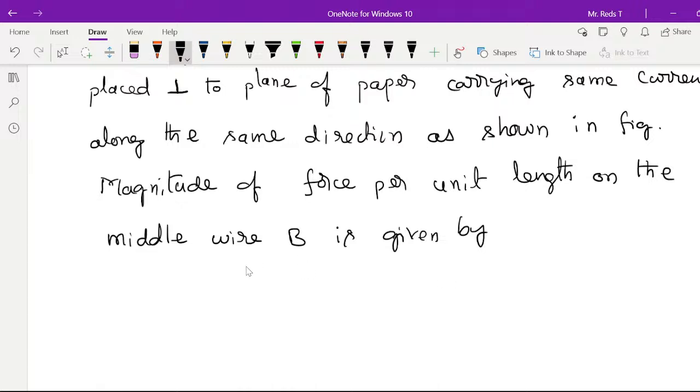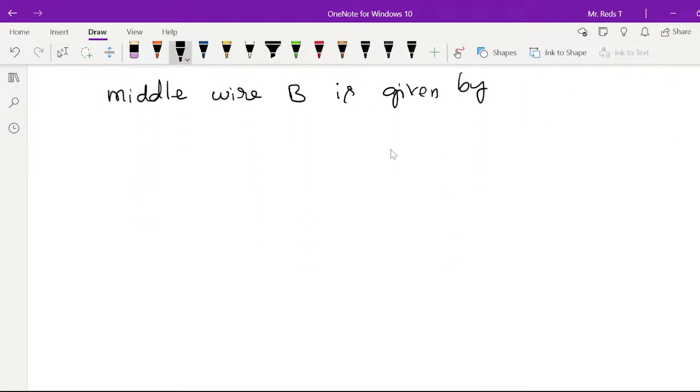Right, options. First, note down the diagram, the figure which is given here. So here there is a wire in the middle in which current is flowing in a direction given by a dot. Dot means out of the plane. This is wire B in which current is flowing out. And there is another wire A in which also current is flowing in the same direction, out of the plane of the paper. And there is another wire C in which also current is flowing in the same direction, that is out of the plane of the paper, and A and B are separated by a distance